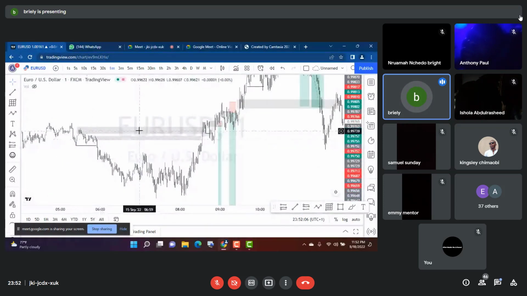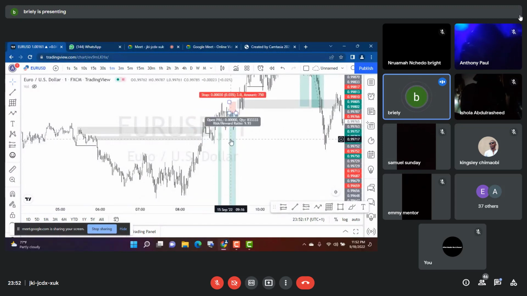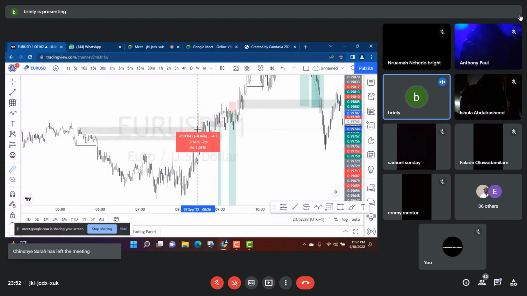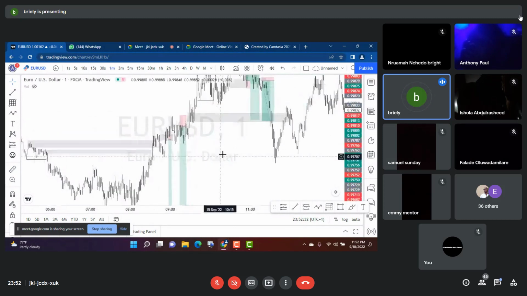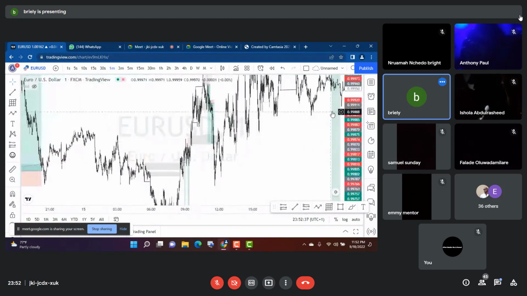I had two supply zones here, so I was trying to sell around this zone. The first one matched me. I was risking just 1.4 pip SL. The second one, which was a 3 pip SL, gave me some profit. And yeah, just 4 point something before smashing me out. Then, still within this 1 minute, I had